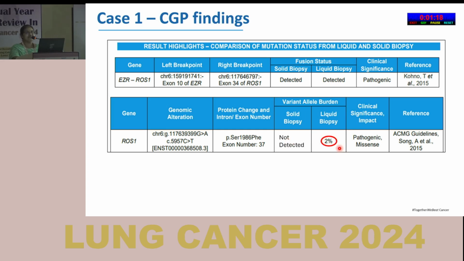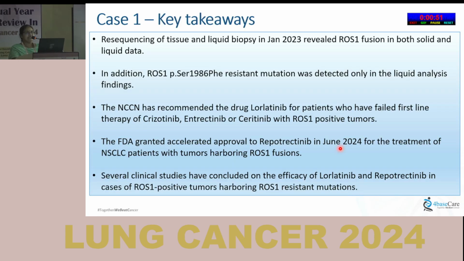So if this liquid was not done with the tissue when they did a rebiopsy, the information would have been missing, and we would have been scratching heads. What would be the secondary mechanism of resistance that happened in this patient? Now, because of this information, the second generation and third generation ALK inhibitor, ROS1 inhibitors could be given to the patient. This is another case of combined